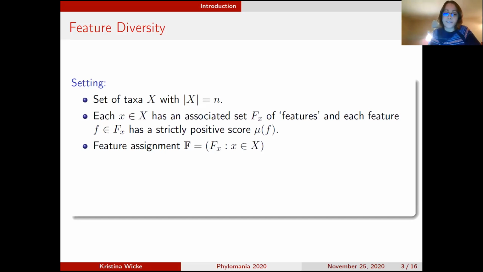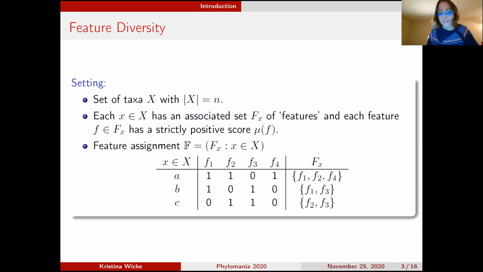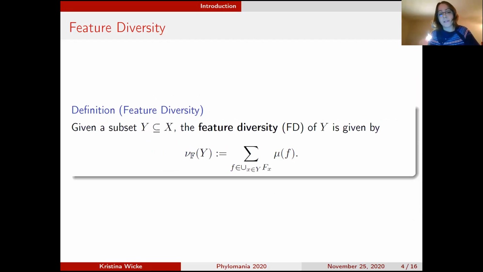And such a feature assignment basically conveys the same information as a simple presence-absence matrix. So in this example, we have 3 species. Species A has features F1, F2, F4. Species B has features F1 and F3, and so forth. And now, given this setting, feature diversity is a group-based measure that quantifies the feature diversity of a subset Y